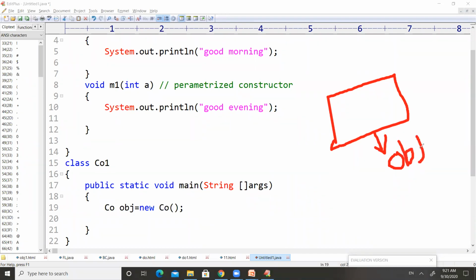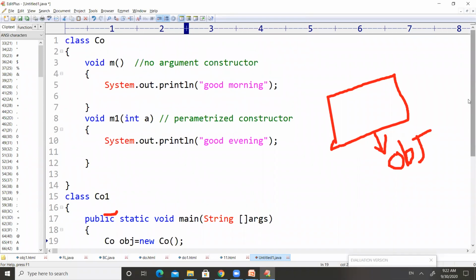Inside that obj, what will be stored? We have created an object for class CO, so inside class CO there will be some methods and variables which don't have the static keyword. If you observe the class CO, there is no static keyword for method m and method m1.